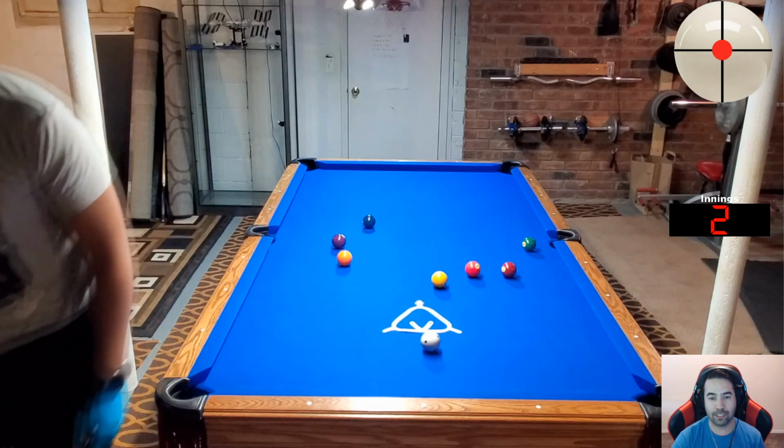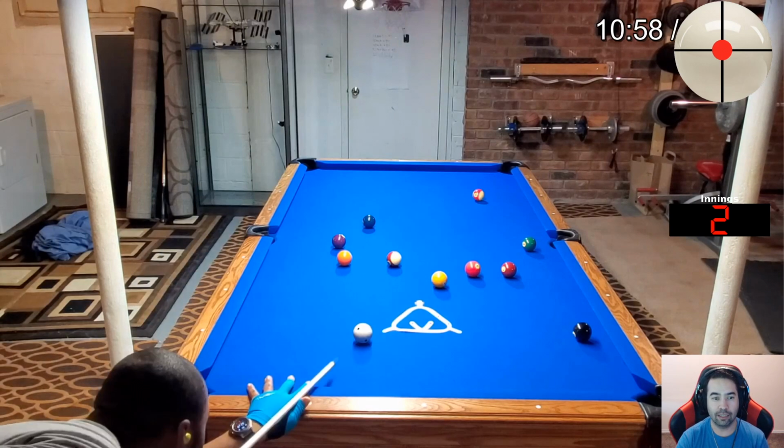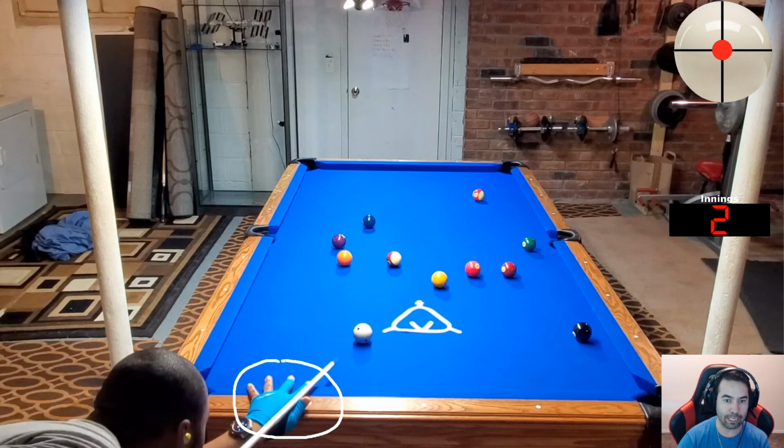Wow, that was awesome. There's really not a whole lot I can critique with that if you actually did a break and run. However, I did see one little mechanic that I would suggest, and that's this spot right here. You're using a rail bridge and you actually have your bridge hand placed underneath the cue. So now your cue is actually elevated more than it needs to be, in my opinion. Here I would suggest using a rail bridge where you place your bridge hand on top of the cue, and that way the